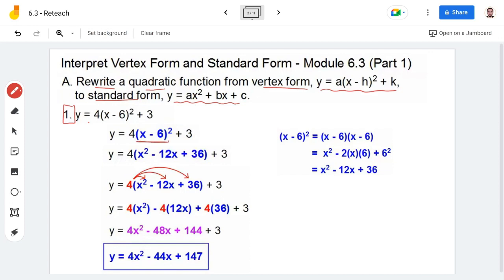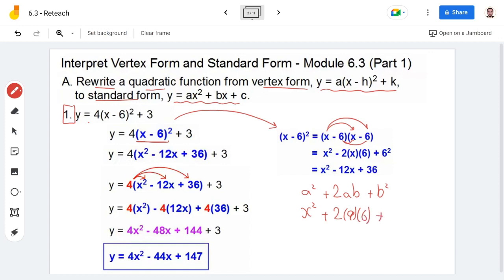Let's take it beside. We can do it as a perfect square, which is x minus 6 times x minus 6, and use the distributive property to multiply. Or we have the other way, using the formula a squared plus 2ab plus b squared. So we can say x squared plus 2 times a times b, which is 6,